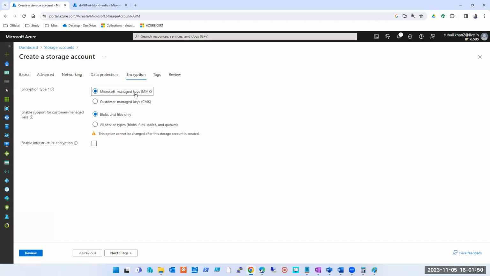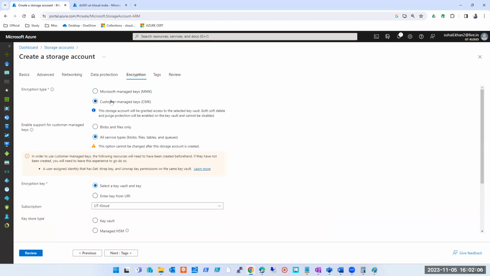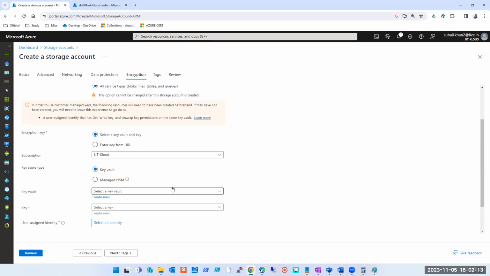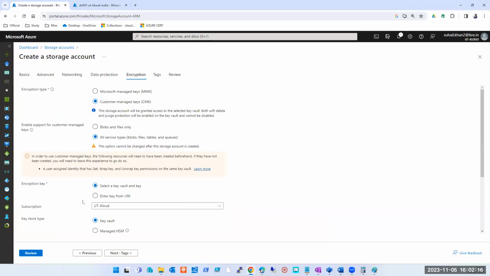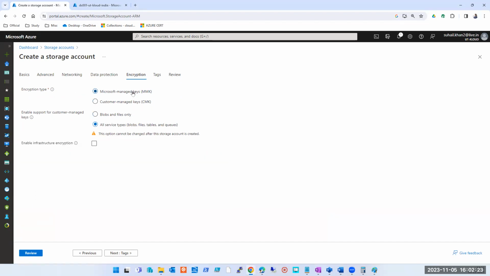But what is the drawback? If someone gets access to your data and they try to decrypt it on Microsoft Azure itself, they will be able to do it. So this is the drawback of the Microsoft managed key. So if you want your own key, you can select customer managed key, and then you will have to create a key, which we can create using Key Vault. That is a separate topic that I will show you. But when it comes to a customer managed key, no one can access it without you or without having access